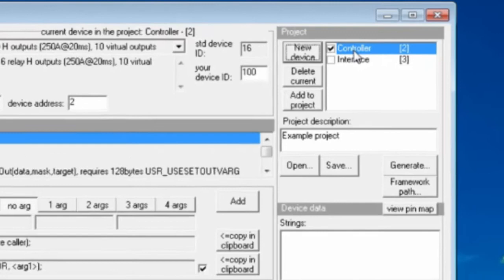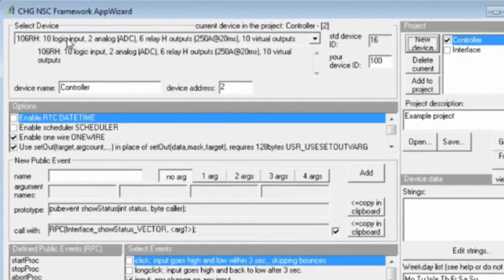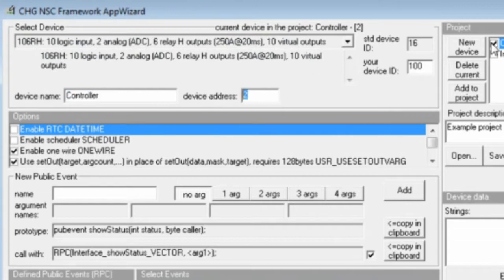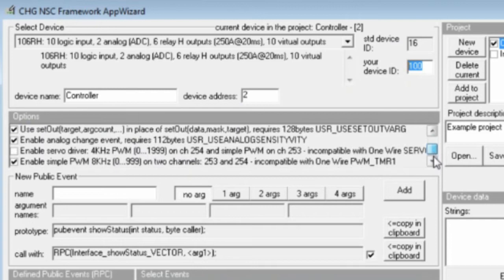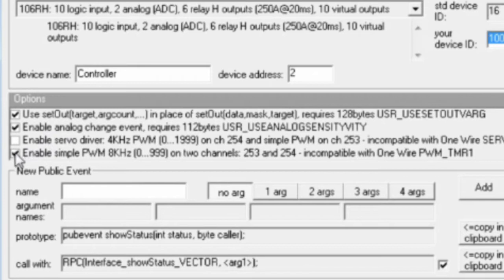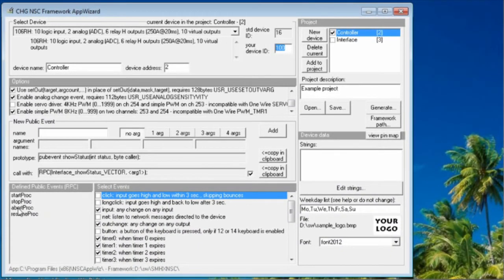Selecting the first one of the 2 units, we can see here the physical device that is used for this unit. Here the name, the address, and the device ID to distinguish the unit from the others. And here the options that we decided to enable or disable, to include or exclude from the program. For example, here I've enabled the PWM, and here we have the list of the public events. So